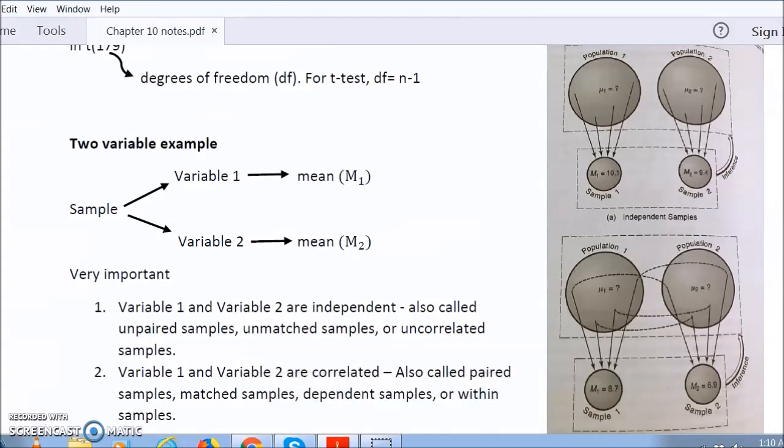uncorrelated, unmatched samples. An example of independent samples would be, let's say, boys and girls. They are not correlated to each other. I have a sample that has all the students in it, and I have two variables, boys and girls, and I want to look at their IQ. I want to compare the IQ of the boys and the IQ of the girls. That is what I do with the two-variable